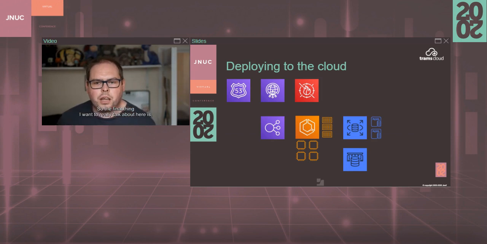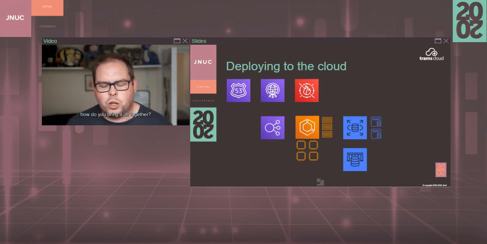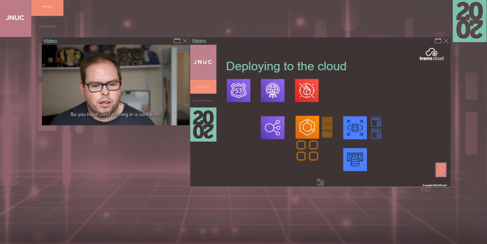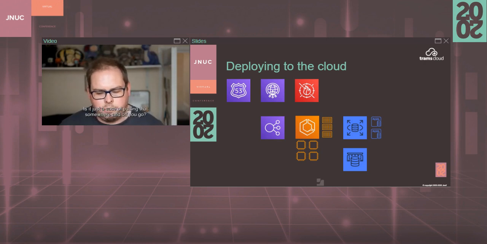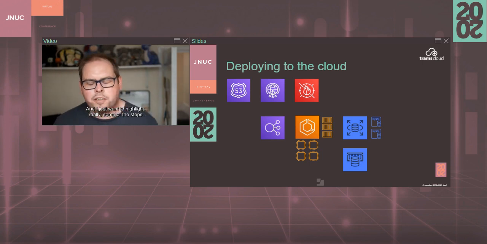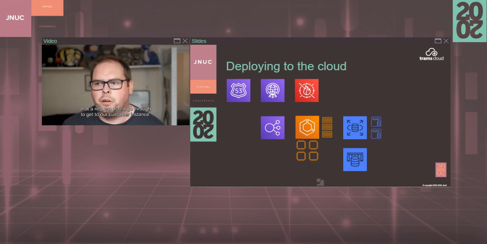So the final thing I want to really talk about here is how do you bring it all together? You have Jamf running in a container, you have your logging sorted out. Is it just a case of putting that somewhere and off you go? Unfortunately not. So this is a really cut down diagram of our infrastructure, and I just want to highlight some of the steps that a request would go through to get to